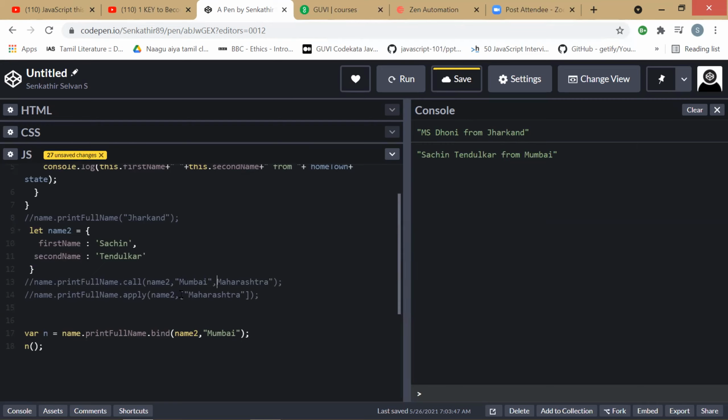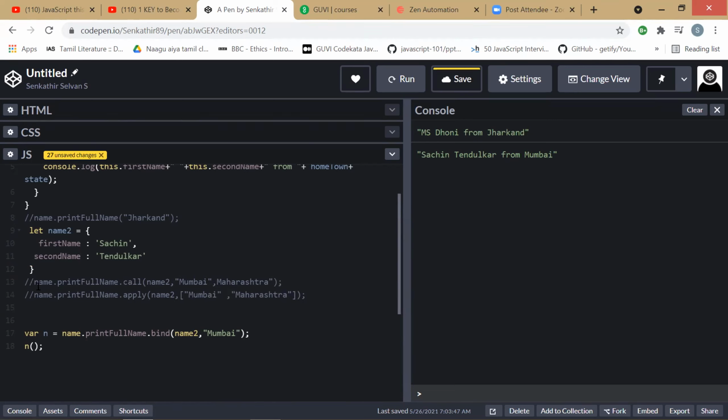And here also we can give it like this. Buddy, one small change: everything comes in a single array, all the elements. Okay, sir.